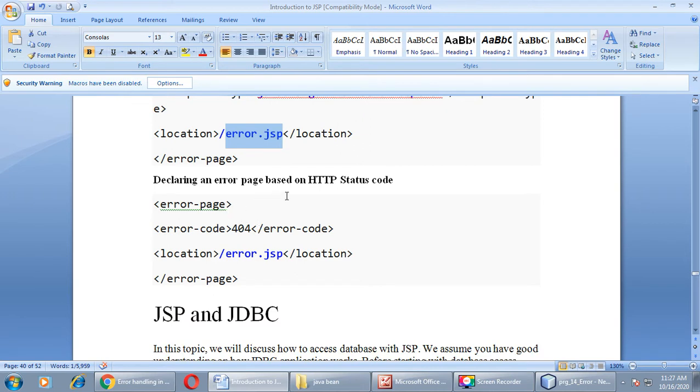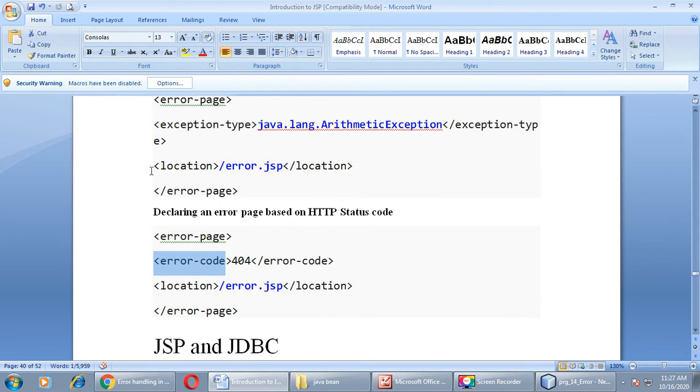Declaring an error page based on HTTP status code, for that you can take the error-page tag, then inside it you can enclose error code 404, right? If you don't want to specify the exception type, you can even take error code also, and then you can specify the name of the page that you want to execute in case an error arises. So this is all about error handling in JSP.